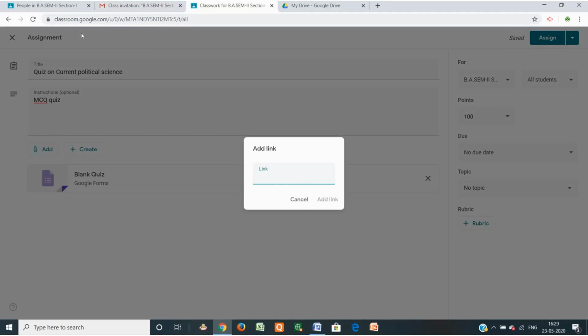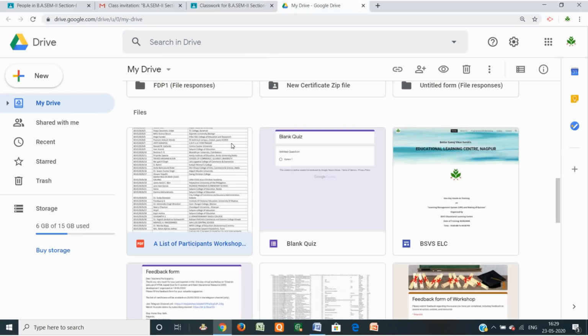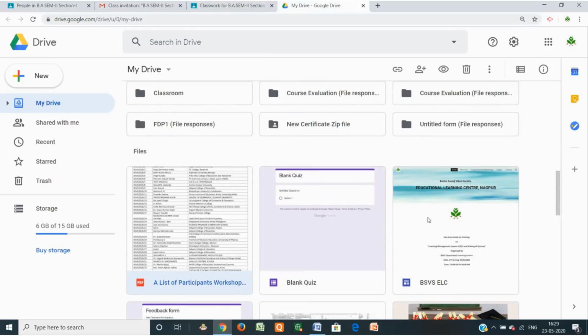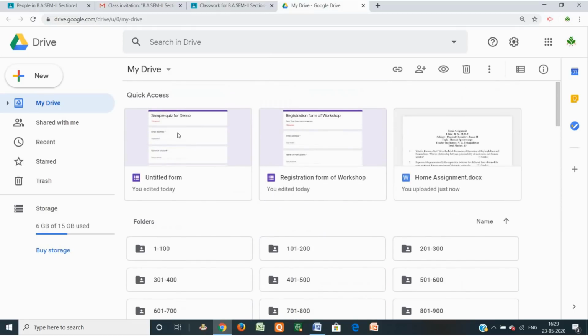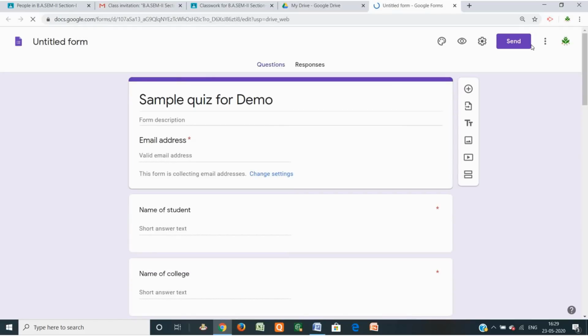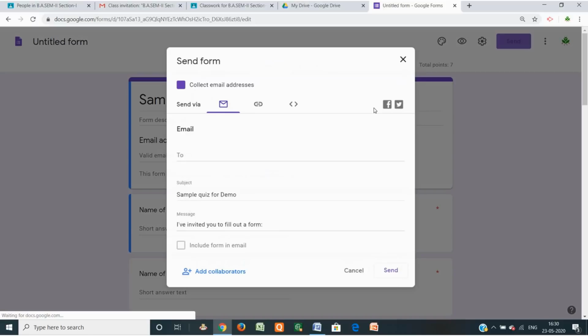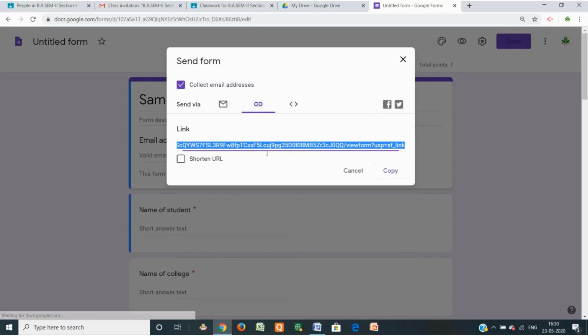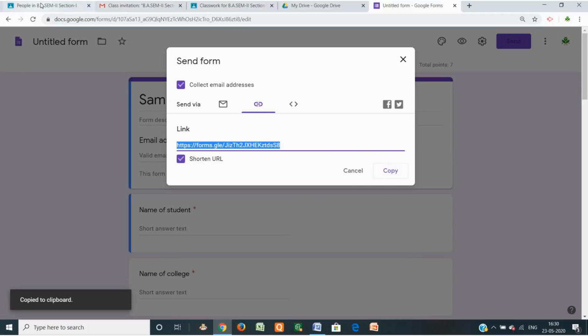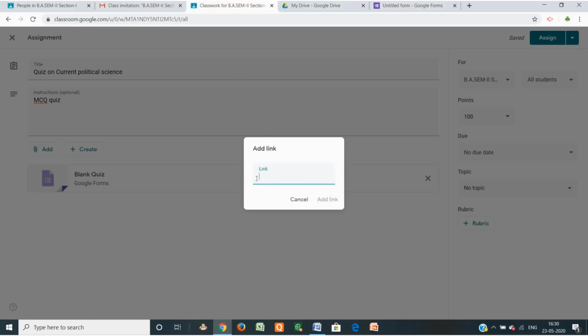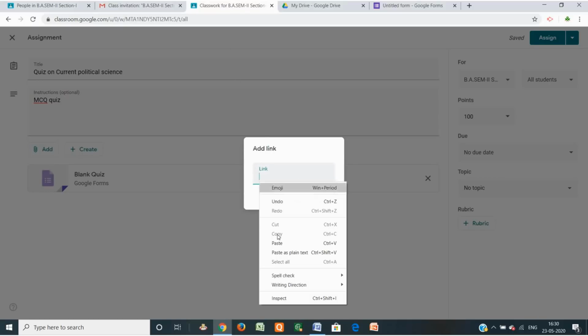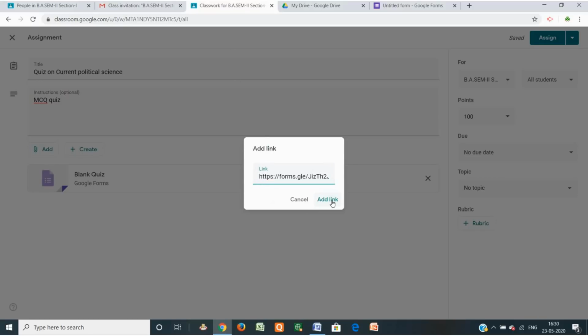Suppose you want to provide the link, just go to Google Drive, and this is, suppose, the sample quiz. Just send, copy the link, shorten the URL. This is the previously generated quiz, then copy it and paste it in this link option and add the link.